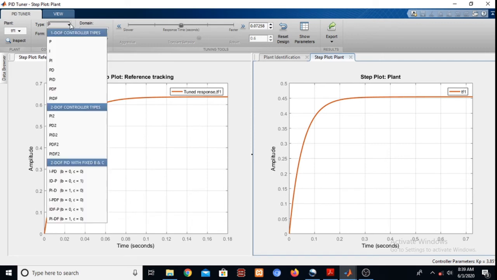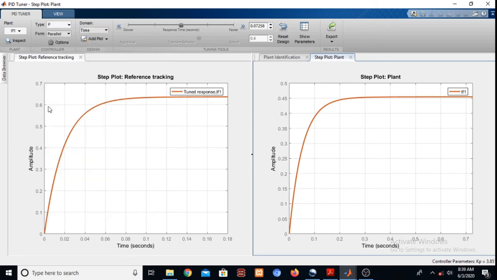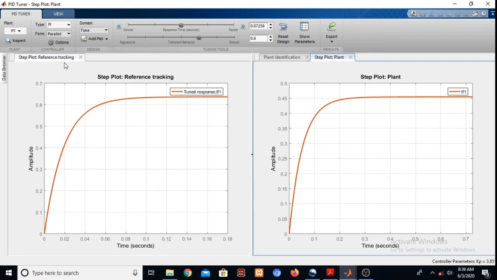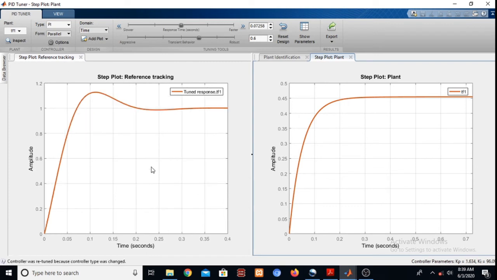We can also see the effect, because you see that here it is not actually reaching our reference of 1, since it's a unit step input, but the response is stabilized near 0.6 or so. Okay, so in order to stabilize the system, we can also see.